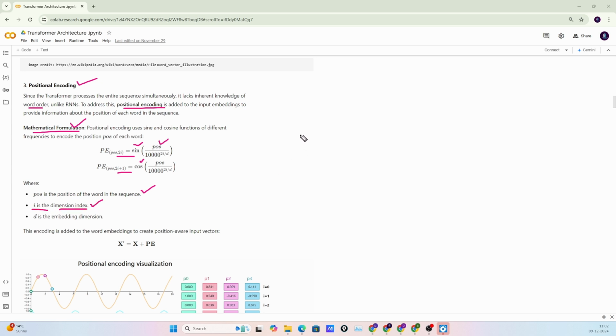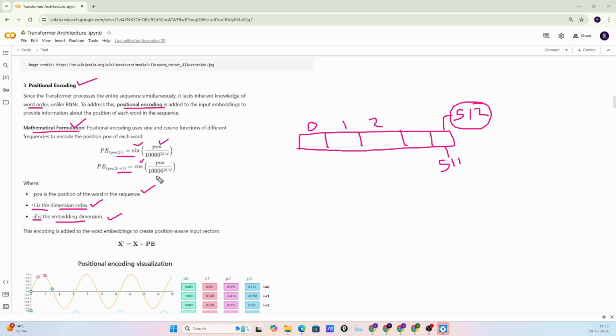We know the word embedding. In the word embedding we have a vector, so each token is represented by a vector of multiple dimensions, and in my previous video we discussed the dimension size is 512. So i is the positional index, it starts from 0, 1, 2 up to 511. So i would be the index of dimension, and d is basically the dimension of embedding. So d in this case is 512, and i means the index. It starts from 0, 1, 2 and goes up to 511.